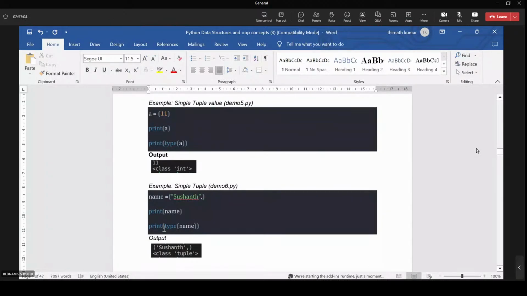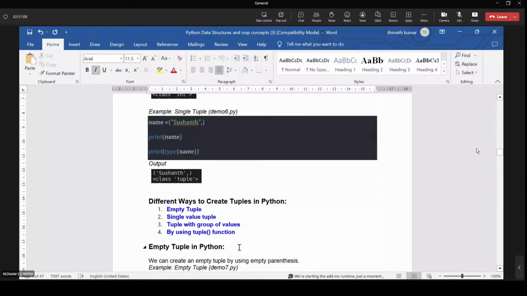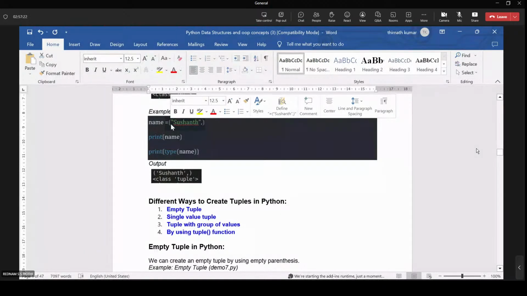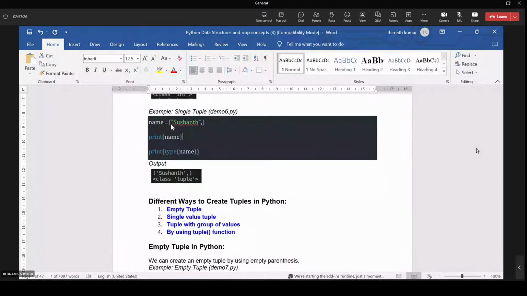So type of name now becomes tuple type. If you want to create a tuple consisting of one element, we create the single element tuple like this. Writing that single element followed by a comma is important.